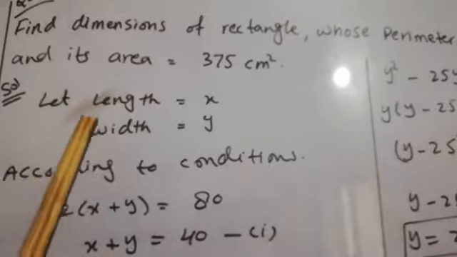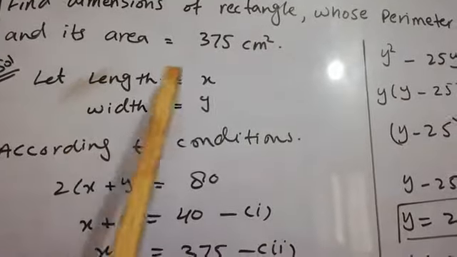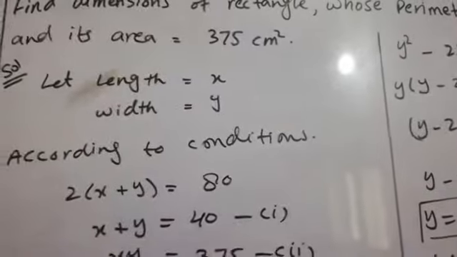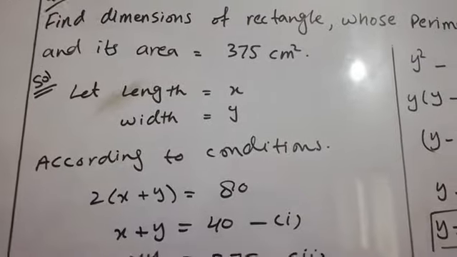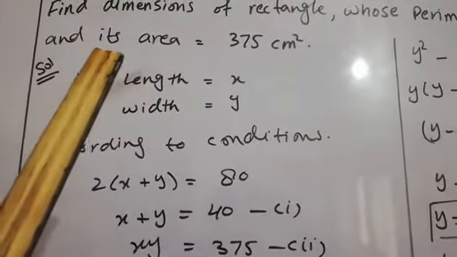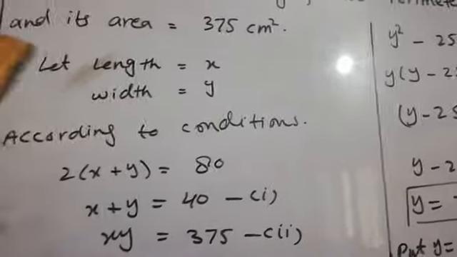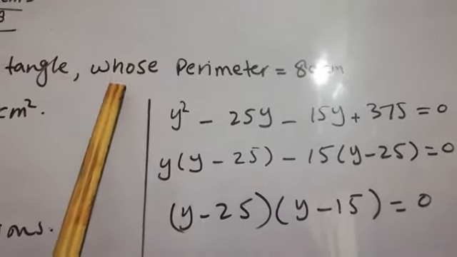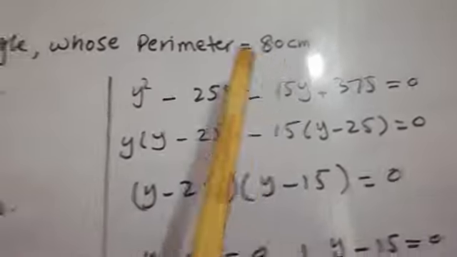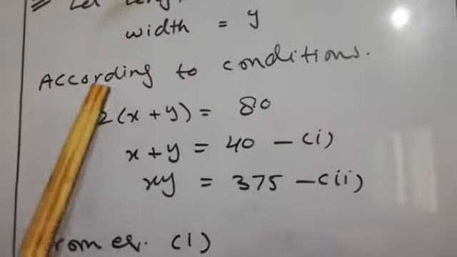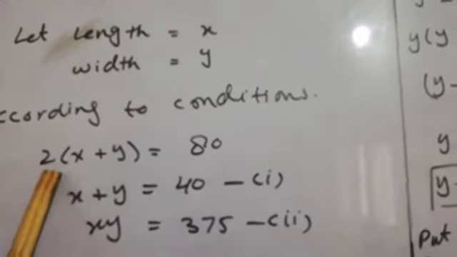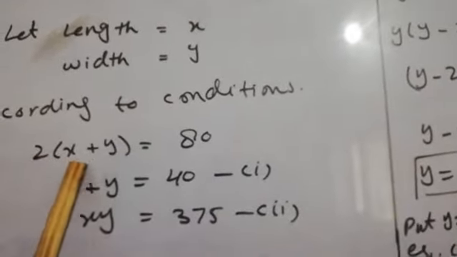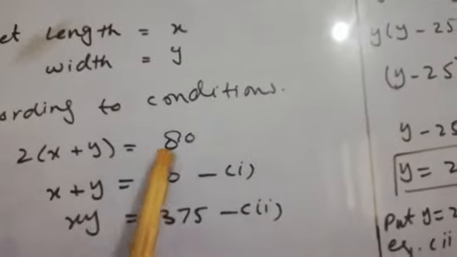So first we will suppose that length is equals to x and width is equals to y. And second thing is that you know that according to the rule, the greater measurement is always known as the length and the shorter measurement is known as the width. So you will keep this point in your mind. And now first given condition is that whose perimeter is 80. And the formula of the perimeter is 2 into (length plus width). Since length is here x and width is y, so we will use the formula 2 into (l plus w), means length plus width is equals to 80.